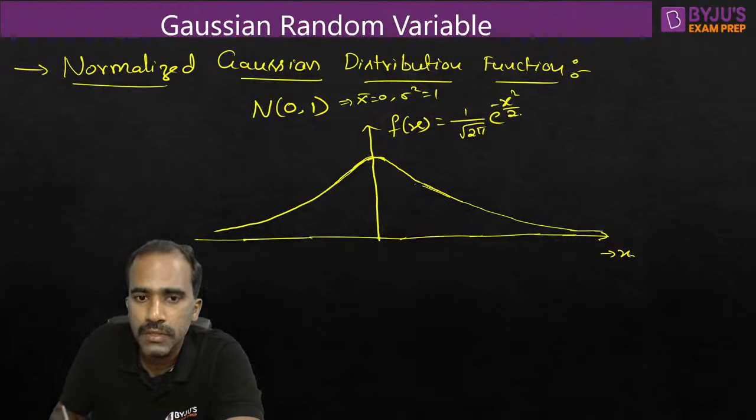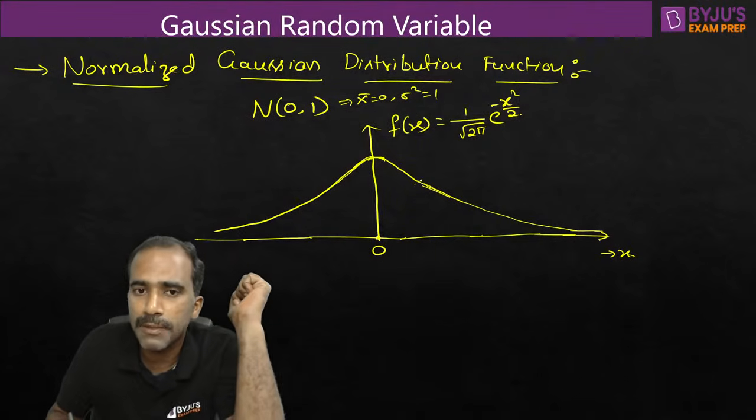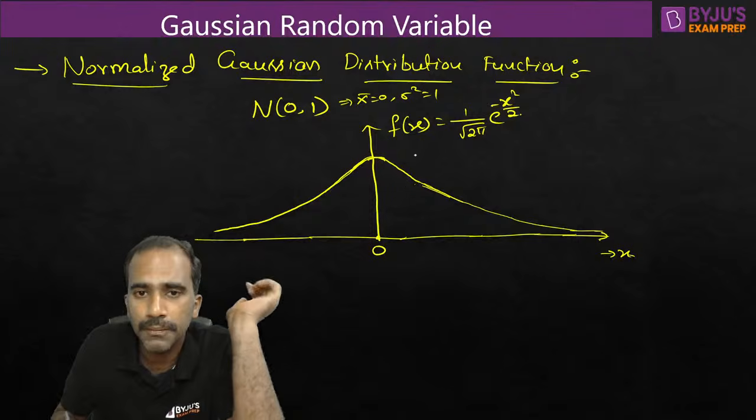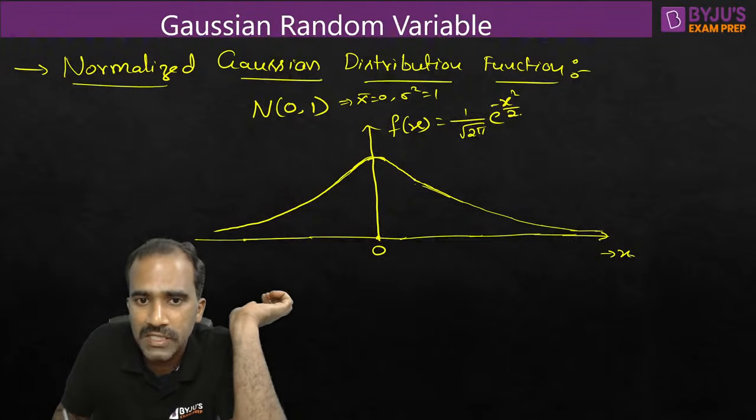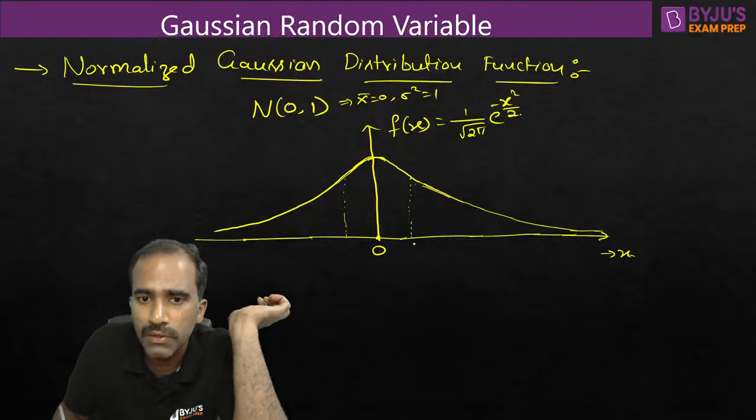That is the equation. So we can observe that the curve is symmetric with respect to 0. So 0 is the mean here. Whatever the mean is, the Gaussian curve will always be symmetric with respect to its mean value. And based on the variance, since the variance is 1 unit, if you travel 1 unit on both sides from the mean, if you go 1 standard deviation, how much is 1 standard deviation here? 1 unit only. From minus 1 to plus 1.